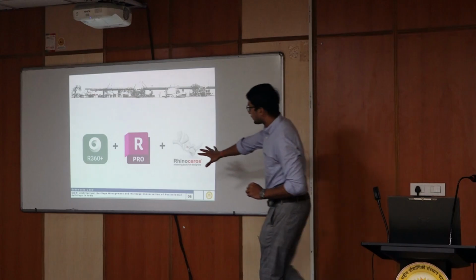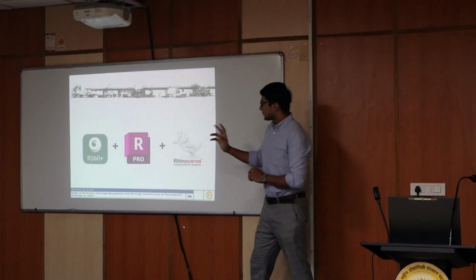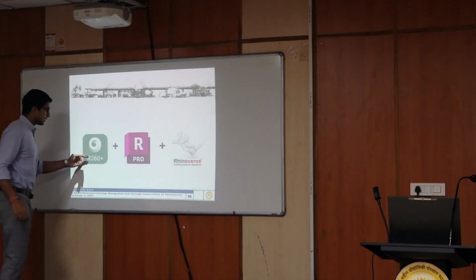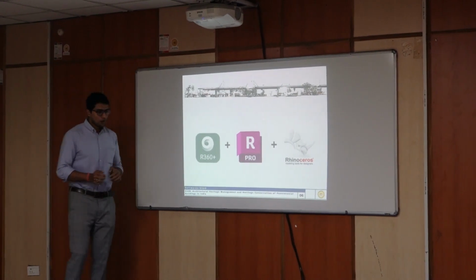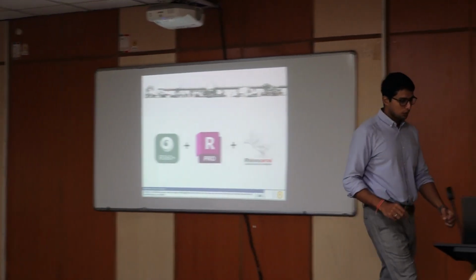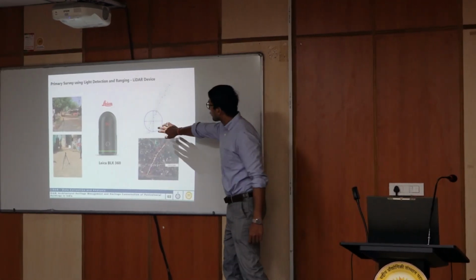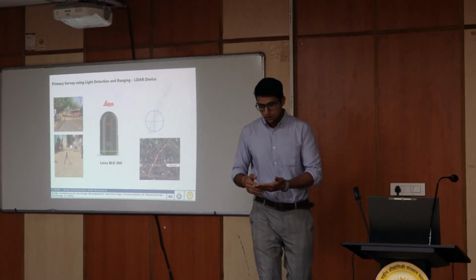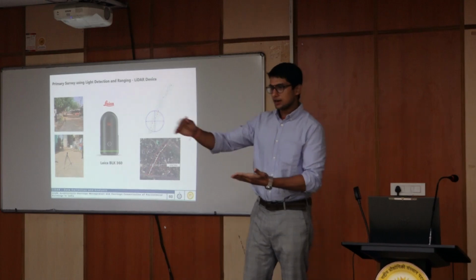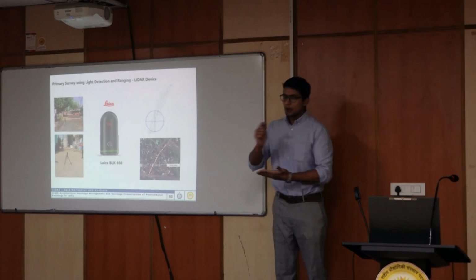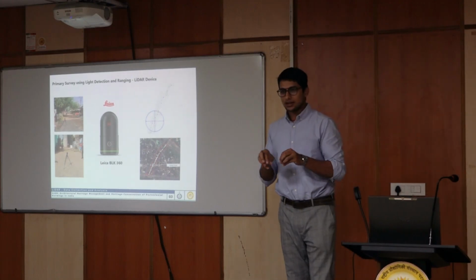So these were the three softwares which we used for creating that final mesh. First we use this Cyclone 360. This is the software where the point clouds will be populated and categorized. Now what happens is, we use these 13 points to create the survey, and during the survey, as and when we move, the app is also recording our movement and locations. But when we go back to the computer to stitch it all together, we find that the locations are not accurate.